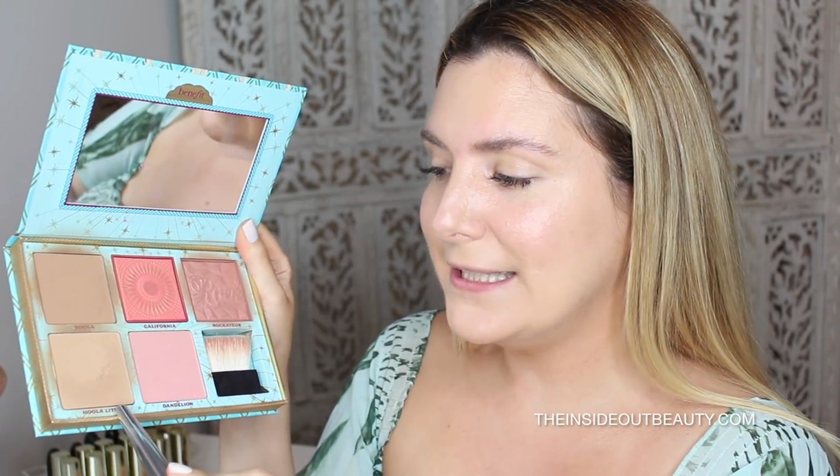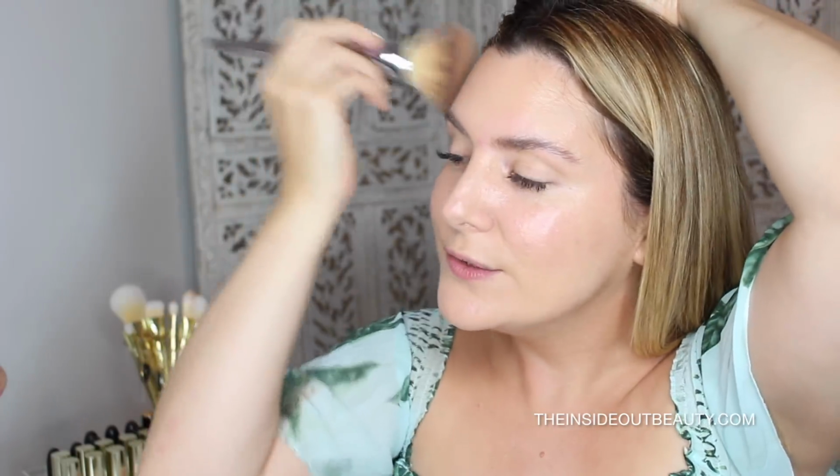So what I'm going to do next is apply a Hoola light to warm up my face a little bit, and for that I'm going to be using my 211 all over powder brush by IT Cosmetics. So what I'm doing is basically go to the temples a bit, then a bit under my cheeks, and then a bit under my jawline, just to give it kind of an